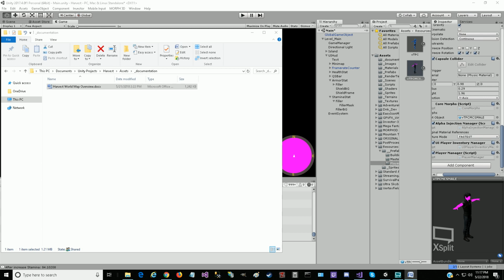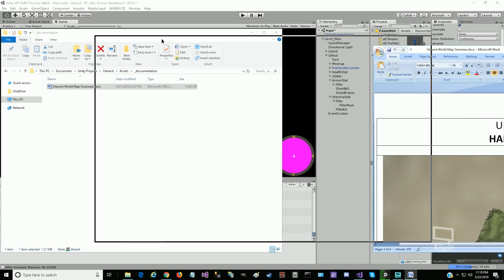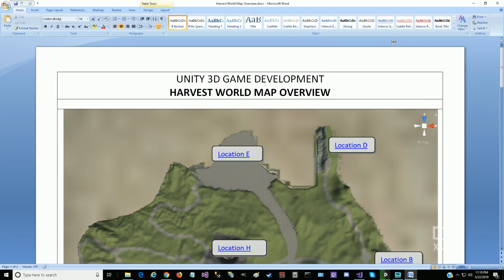Let me bring this over. It's actually on the wrong screen. Let's bring that over here. Increase that. So what I did was create this document called Unity, the Harvest World Map Overview,